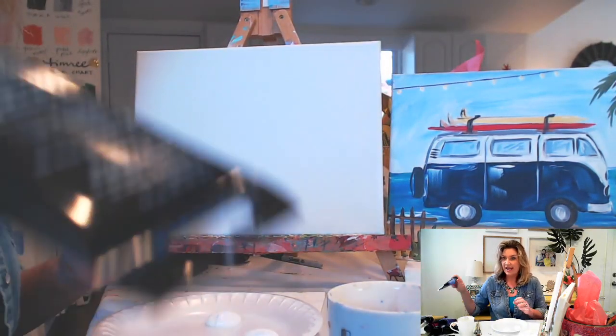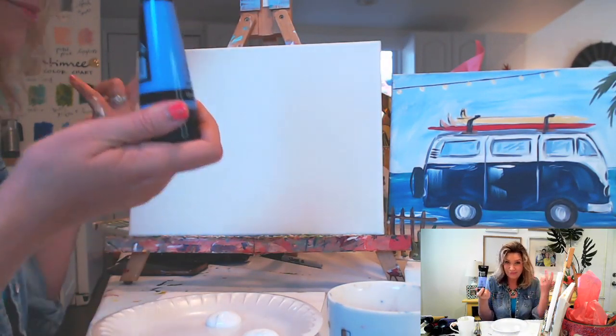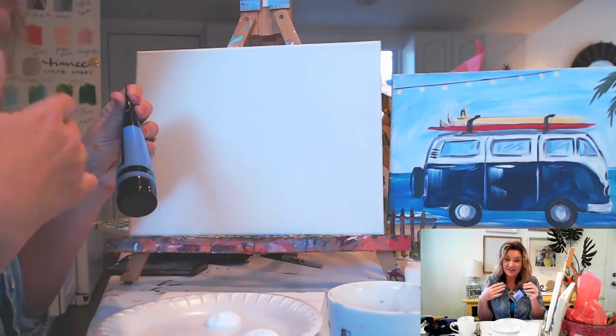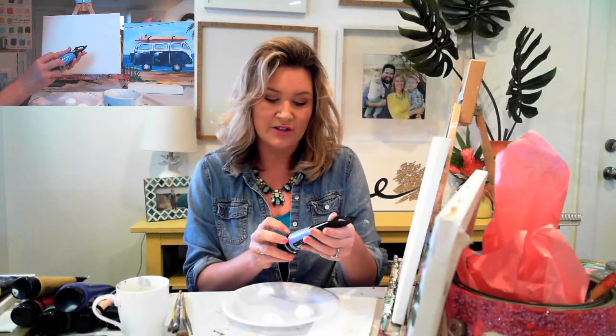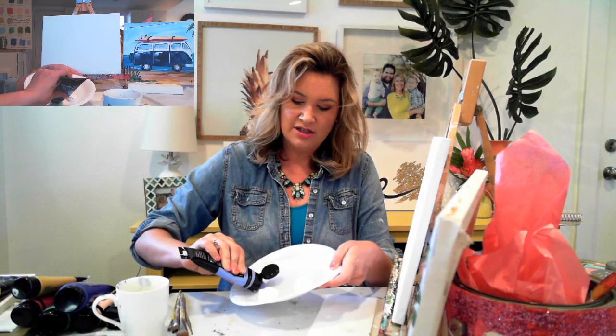So let's go ahead and grab your light blue violet. I call it light blue. You're going to notice that I call my paint different names than what they actually are. So let's go ahead and grab your light blue violet, and we're going to go ahead and put